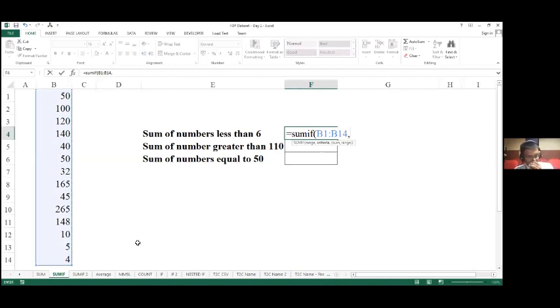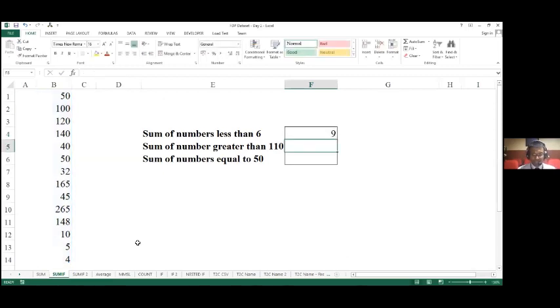Since I'm letting Excel know it's a logical functionality that I want Excel to carry out, I have to define the criteria within open quotes. So within open quotes, less than 6, close quotes, close bracket.